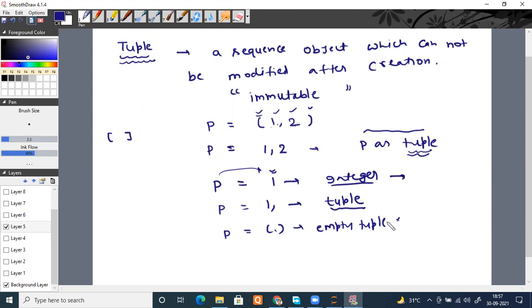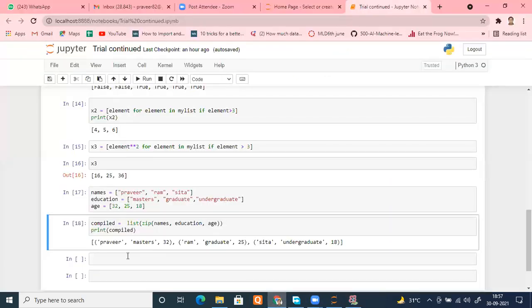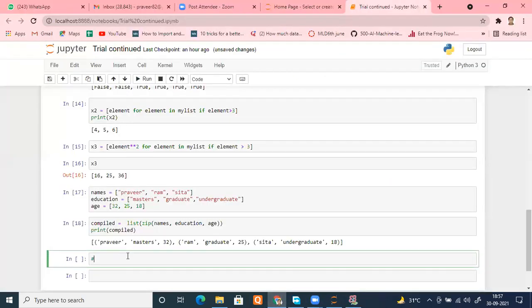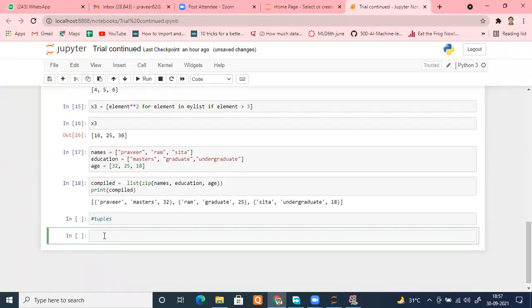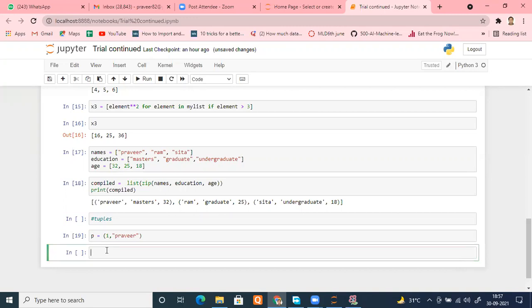So I'm moving ahead to the code. Same thing we are going to implement. So we are moving to the tuples. How are tuples created? Suppose I'm giving the name P. One way of creating it is simple: put round brackets, and inside that type anything you want. For example, I type 1, my name. So one is an integer, the second one is a string. Let me put it inside. Done successfully. Please check the data type of P.